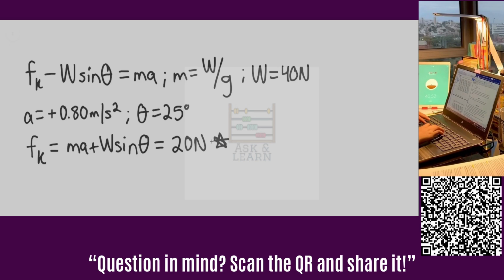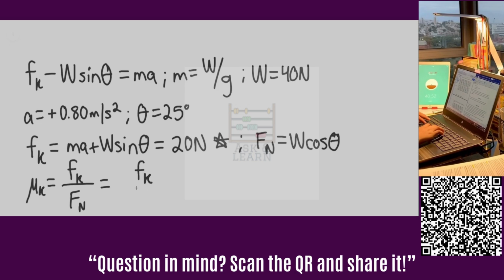We are going to say that along the y-axis, the normal force is going to be equaling the weight cosine of theta. And so we can say that the coefficient of kinetic friction will be equaling the magnitude of the kinetic frictional force over the normal force, and this is equaling the magnitude of the kinetic frictional force over the weight cosine of theta, and this is equaling 20 newtons, of course, divided